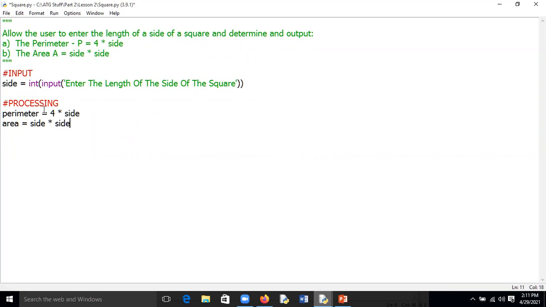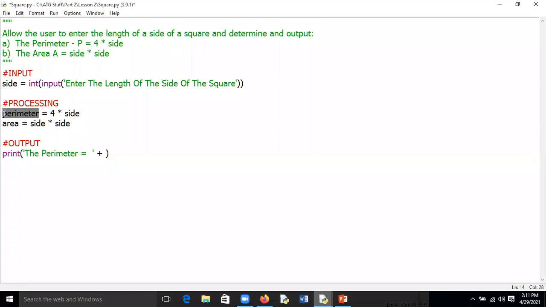Okay, so let's go look at our output. We need to output the perimeter, and we need to output the area, and we want to make it user friendly, so we need to put a message in our print statement. So we're going to go with print, the perimeter equals, plus. Now remember,